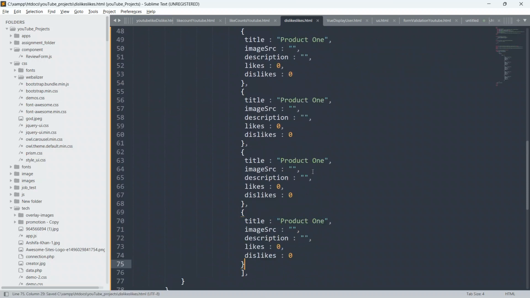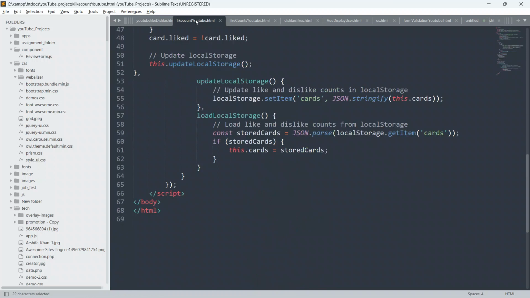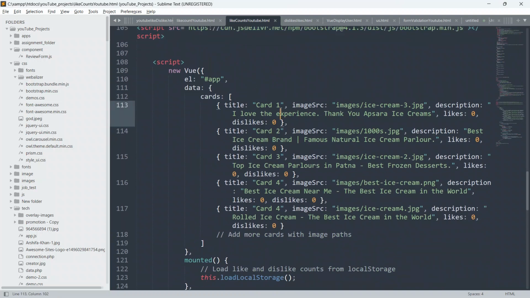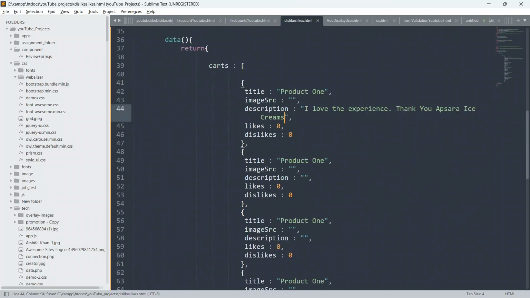So now we have to define our image src, descriptions and all that. So guys, now I am going to define the descriptions. Let me just copy the descriptions from here only, so that it will save a lot of time, and I will explain to you. Just copy these descriptions from here only and paste them here. It is nothing, guys, you can understand on your own.